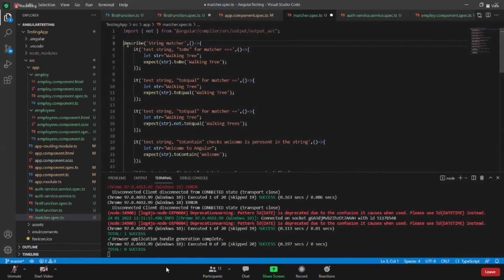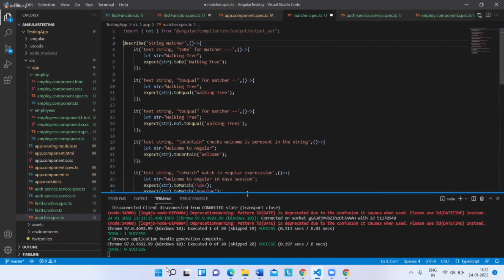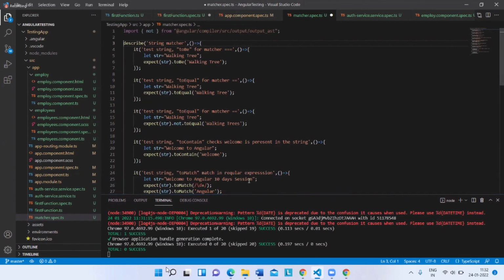Now for this part, you just try by declaring it. Do you want me to share this through the chat, or I'll just share the screen like this and keep it. You can just have a look. Yeah, so I'll keep the screen shared. You can just see this and then you can try.